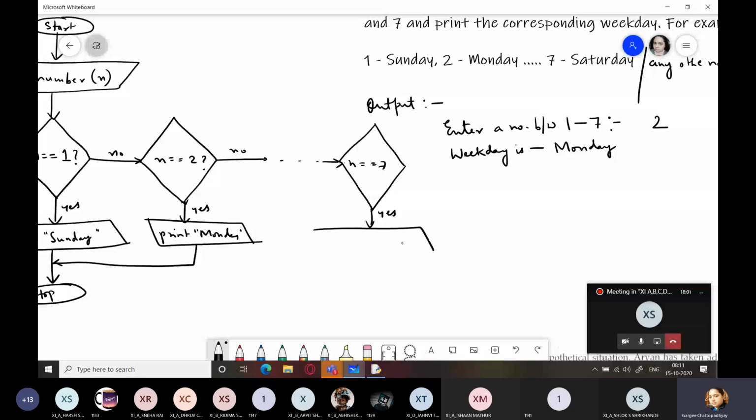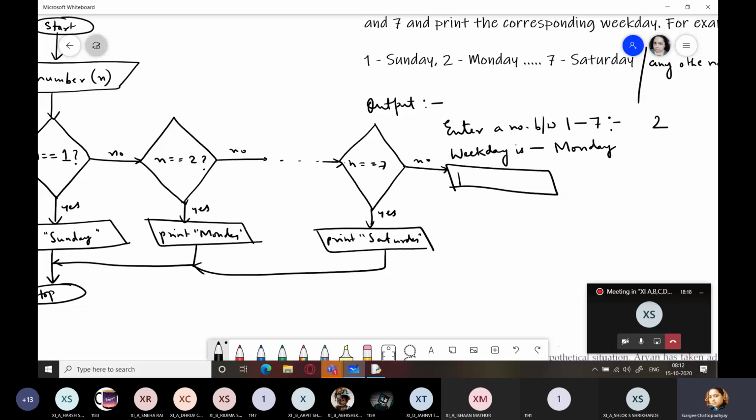If it is true, what will be printed? Print Saturday, and end. And if it is no, then simply you will be using an output box and printing invalid entry, and that will also go to end. So this is the flowchart, a simple flowchart.